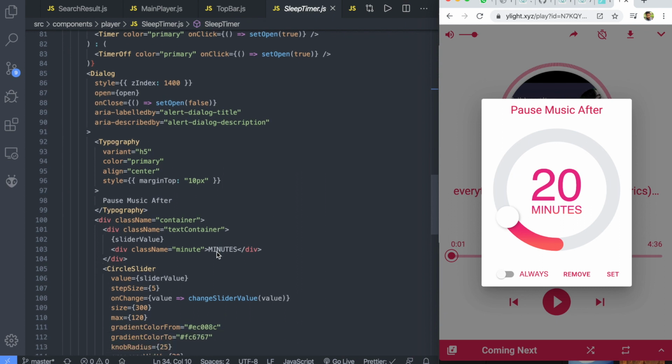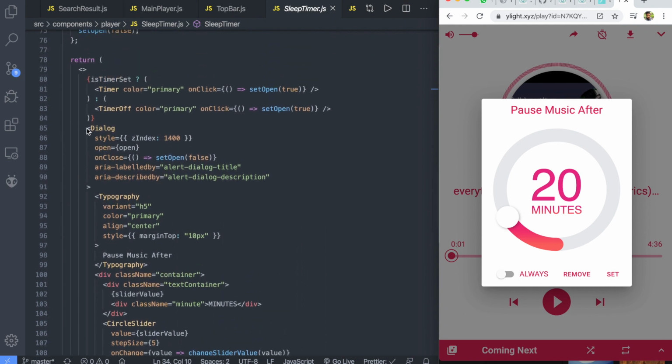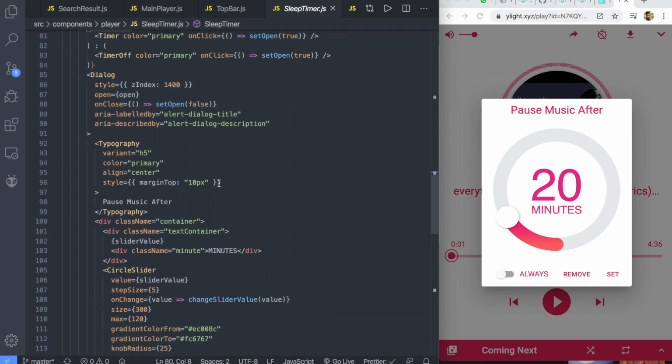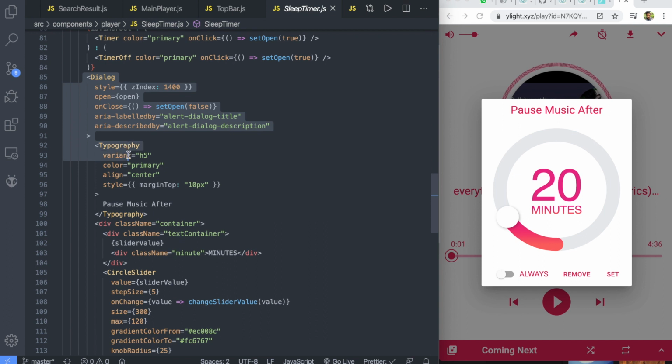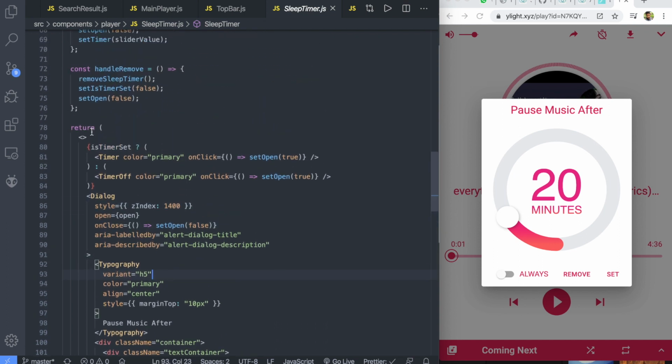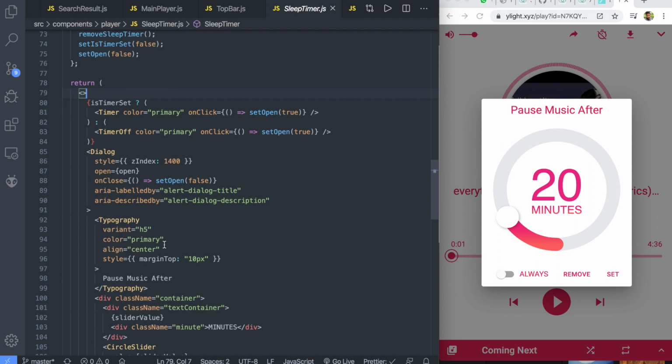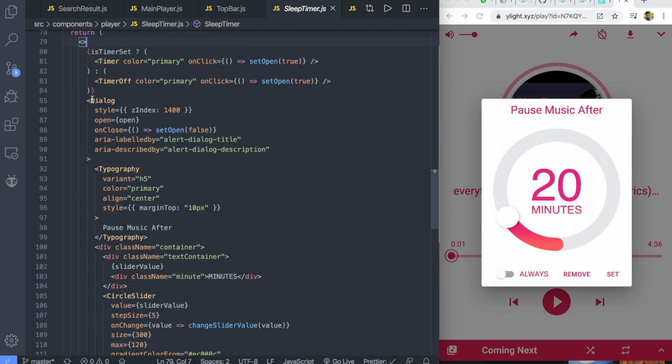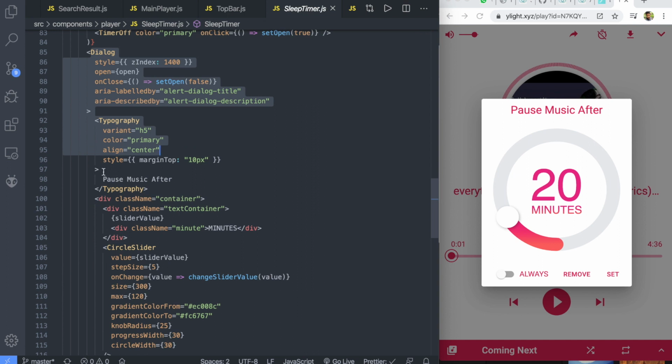Where is our, here is first, it's showing the dialog, and if the time is set, what is this? All right, now let's look at this dialog. If it's set, it shows an alarm icon, and if it's not set, it shows this cross icon. And after that, what we are doing is we are just opening this dialog, and we have this